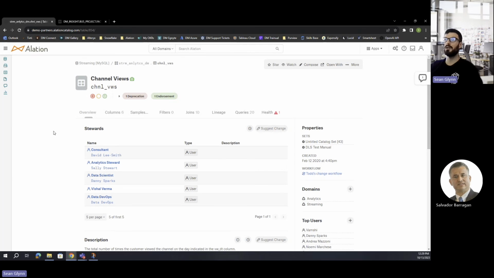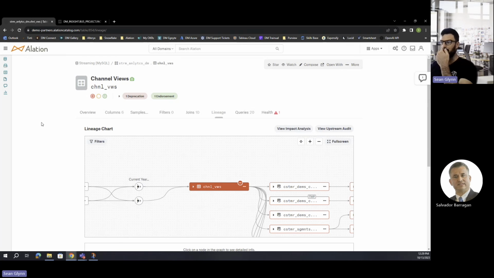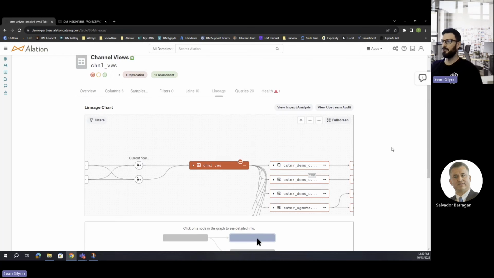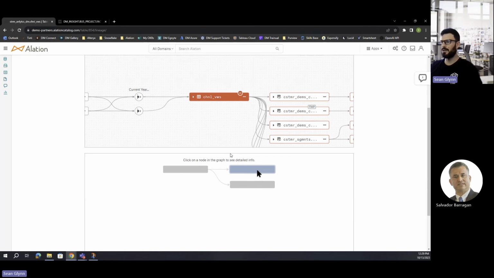You are going to have to make sure that you run a query log ingestion against your data sources to pull in the needed information for Alation to read through and start to map out that lineage, right? It's going to start to pick up on all of those queries to know what it's being pulled against and with and joined with and all of that, so that it can properly map out that visualization for you. So let me switch over to the lineage tab here, and you can see right away we've actually got two